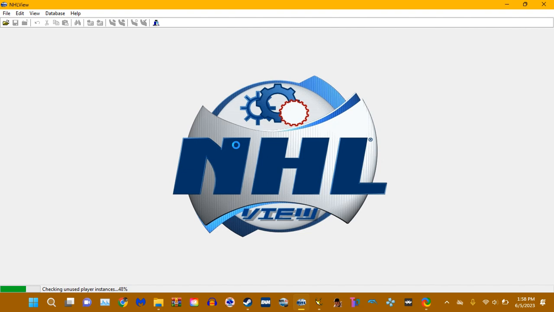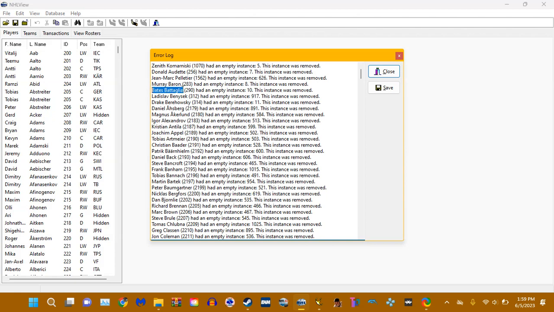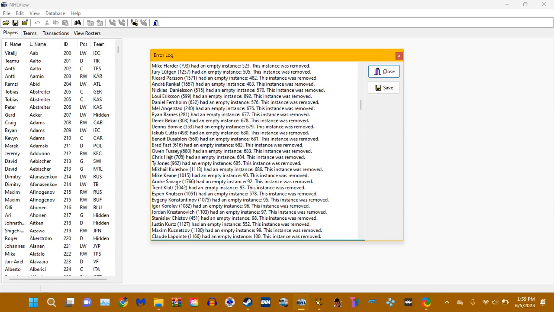These are the unused player instances. There are a lot of natural errors in the vanilla default rosters, so it does take a little extra time to upload. You'll see Beats Battaglia had an empty instance, Donald Audette. See, there are just tons of different ones. Dan Bylsma, if you noticed that. Very polarizing coach. Louis Erickson. Anyway,